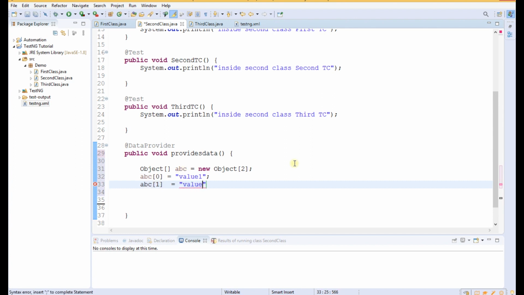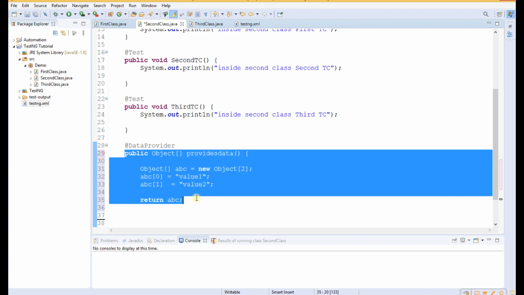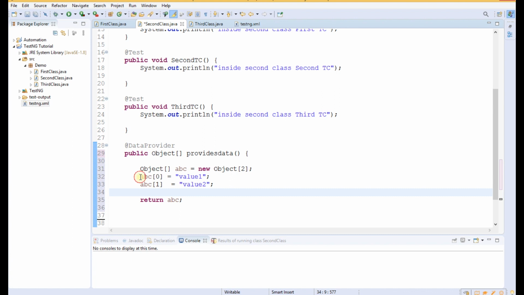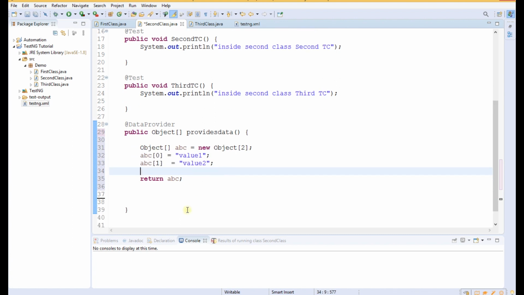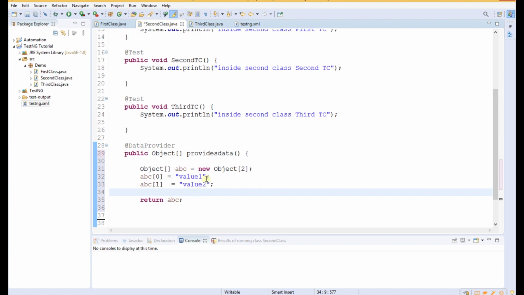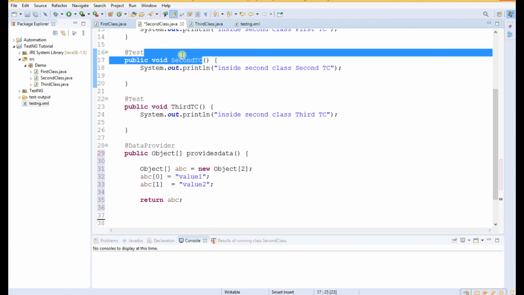And at last we have to return that single dimensional array and change the return type to single dimensional array Object. Right, so this is our data provider method. It will provide these two values to our test case. So how can we use these values in our test case? Let us assume we have to use them in the second test case of the second class.